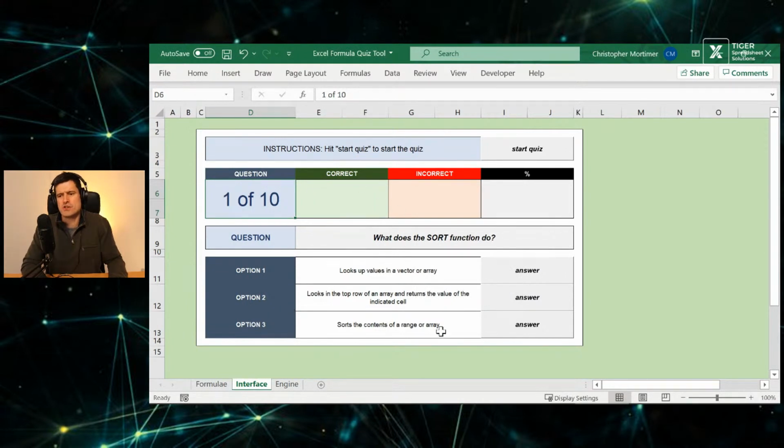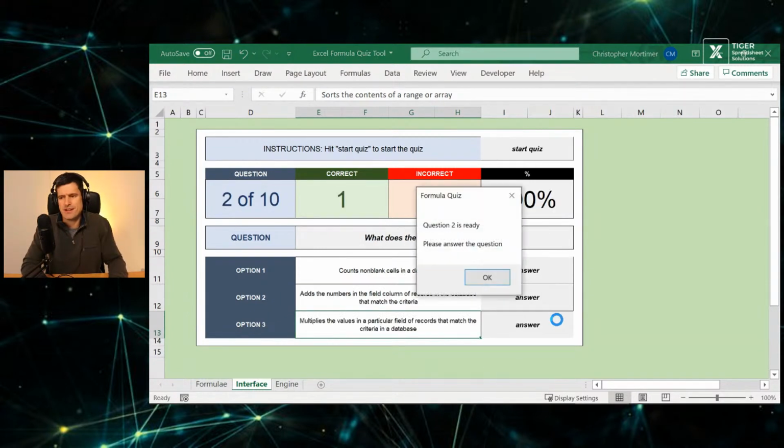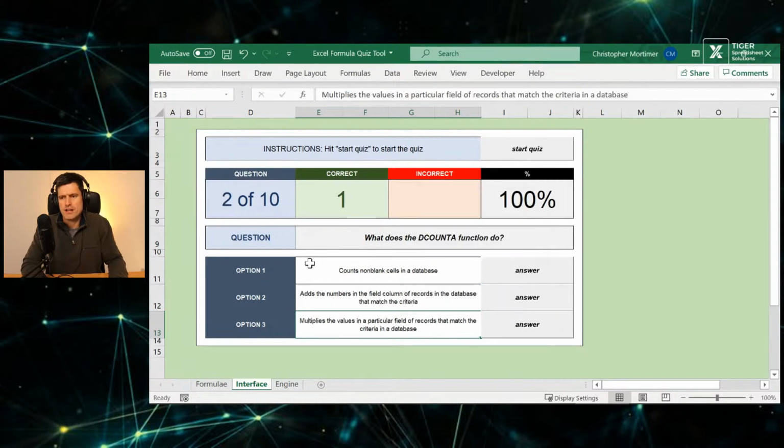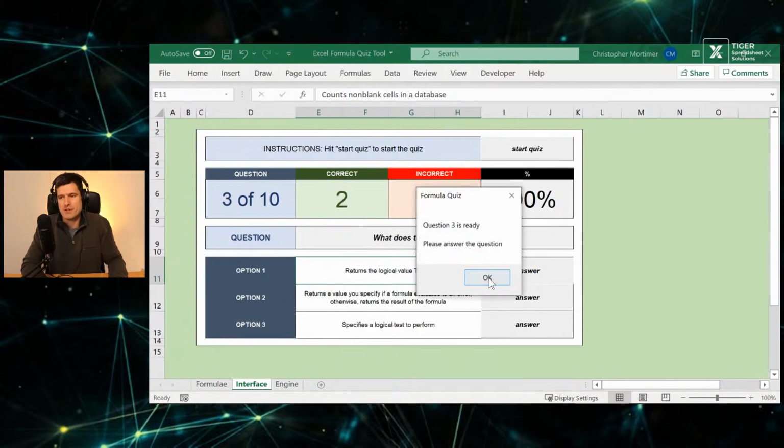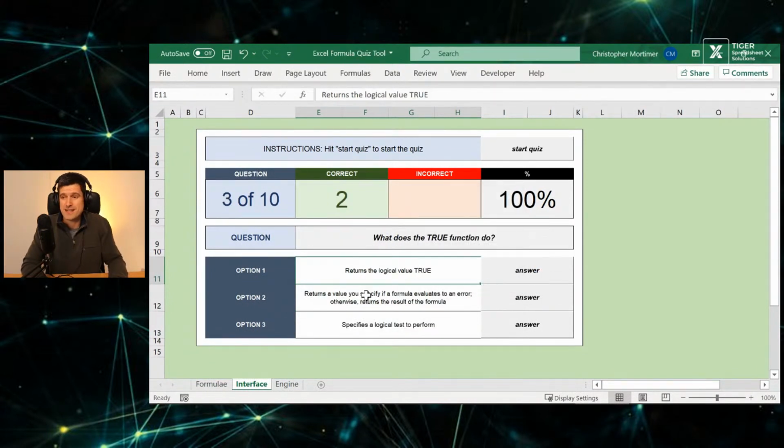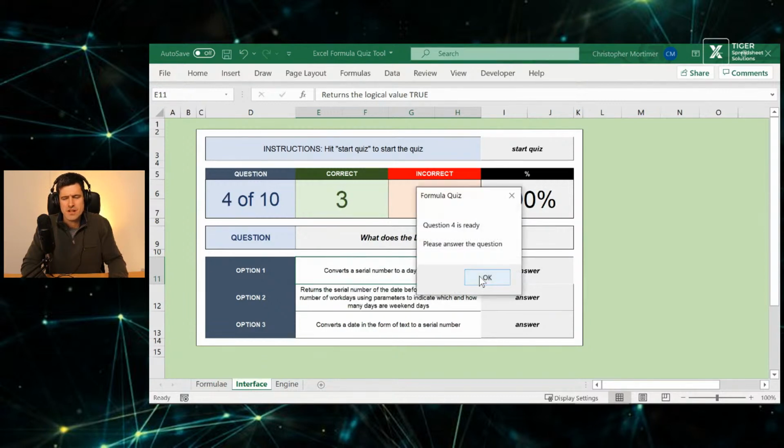What does the SORT function do? Sorts the contents of a range or array. The SORT function is another new function in Excel 2019, one of those dynamic functions. Really cool. What does DCOUNTA do? Counts the number of non-blank cells in a database. Can I get 100% again? What does the TRUE function do? Returns the logical